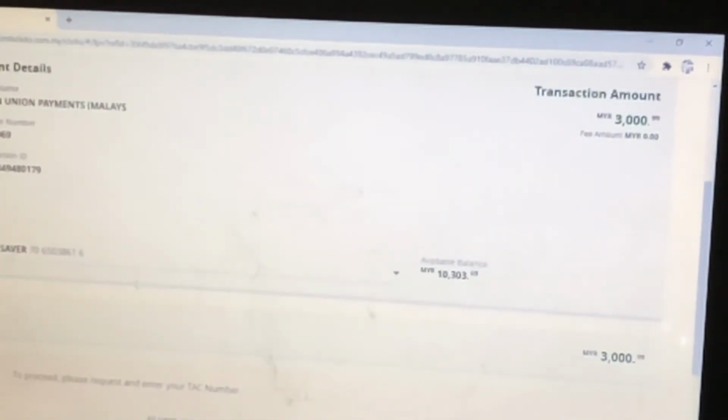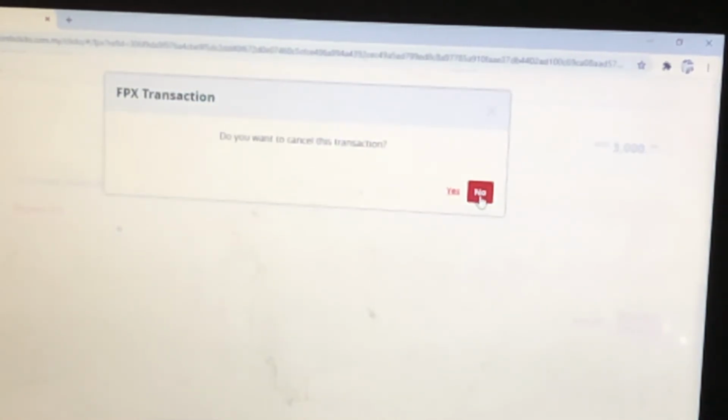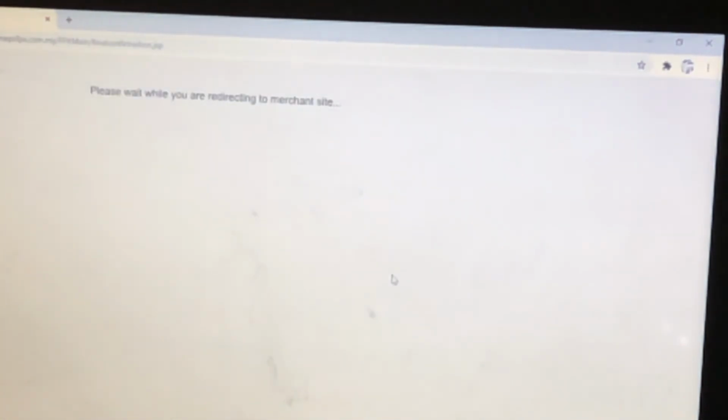So okay, it is showing you the detail. I will request a TAC. Once I receive the TAC, I will put it here and submit. The transaction will be completed, and it will go back to my screen. So it was just to tell you people how to do it. So I'm going to cancel this, and it will ask me, do you want to cancel this transaction? I say okay. So friends, you see, it's a very easy process.